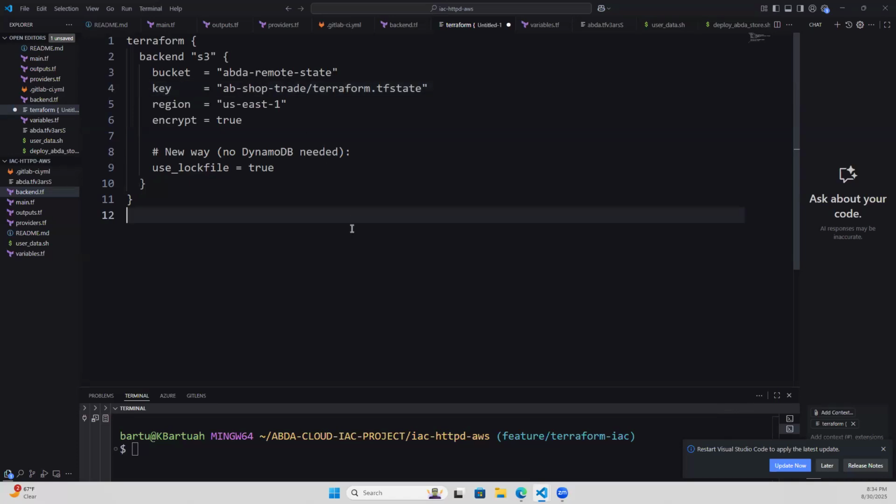That's the path I'm giving. And then we all know the region, right? Encrypt, say equal to true. Use log file, we set it equal to true because it's a new way